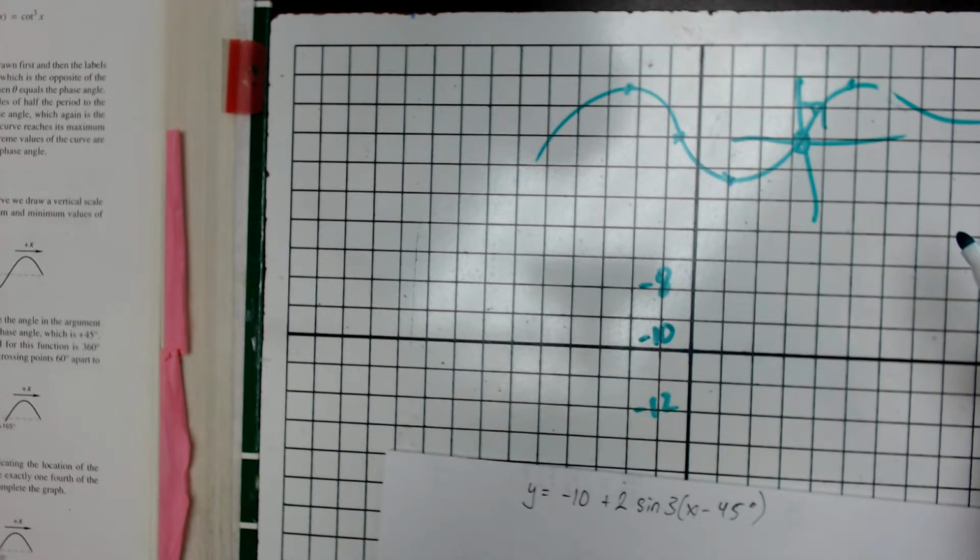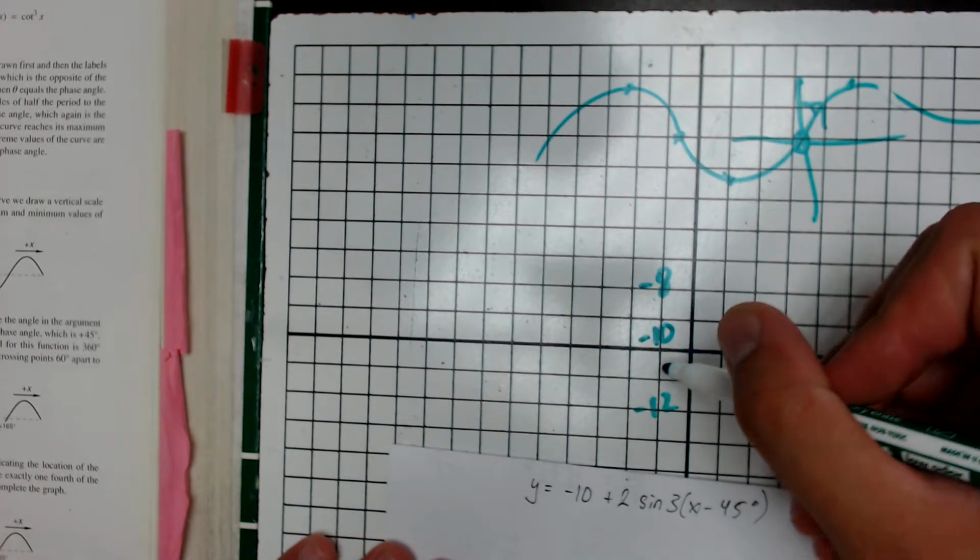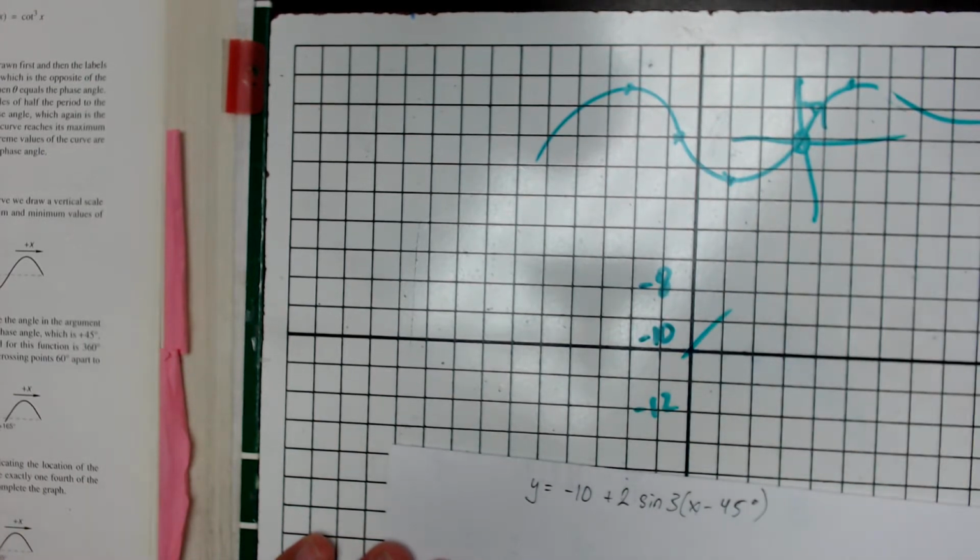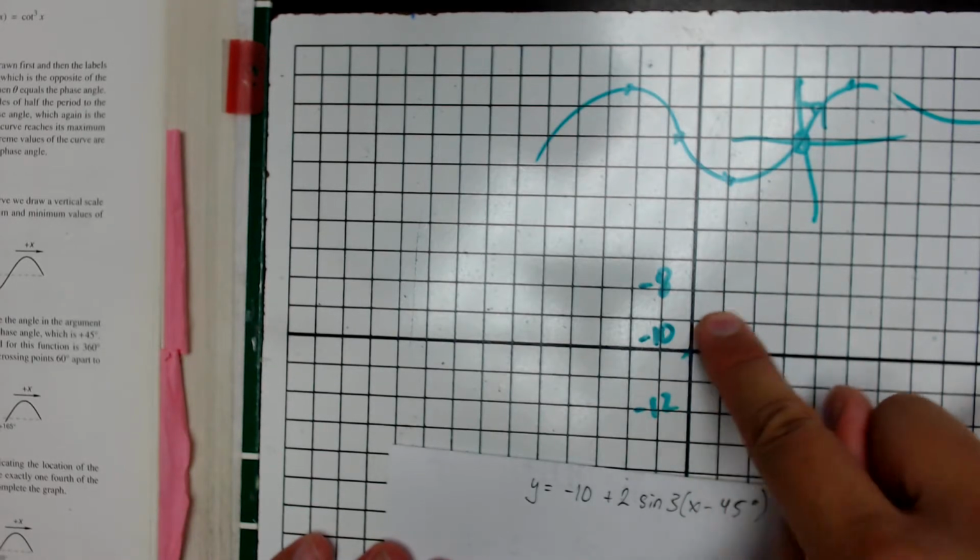Okay, yeah. Wait, that seems so strange to me right now. I feel like the crossing point at 0 is just slightly off. Yeah, no, okay. All right, so at plus 45, it's going to pass through 0. So